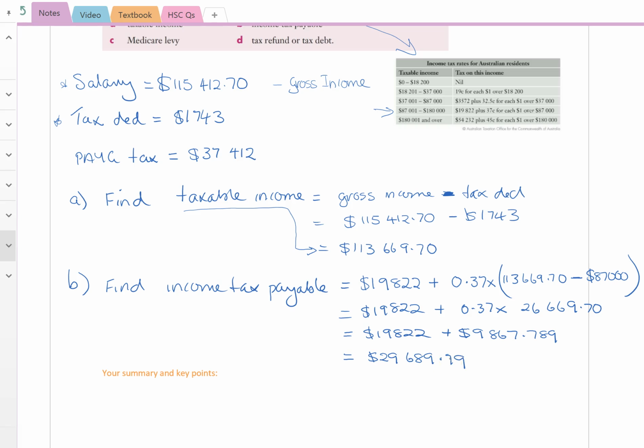$29,689.79. We know that part of your total tax is Medicare, and it's no surprise again that C asks you to find the Medicare levy. And the Medicare levy is 2% of her taxable income. So make sure you've learnt that. So the answer to that is $2,273.394. I think we could write that as 2273 point